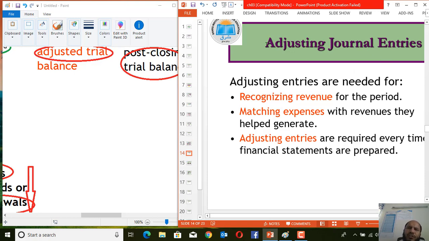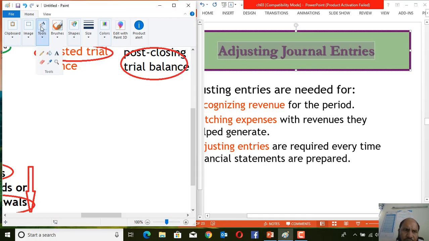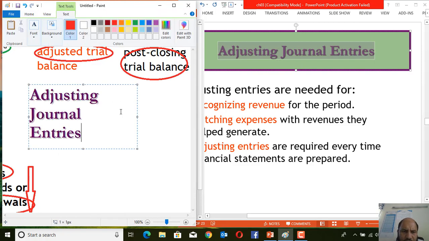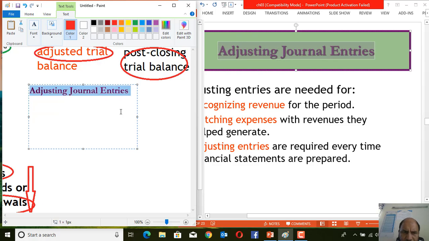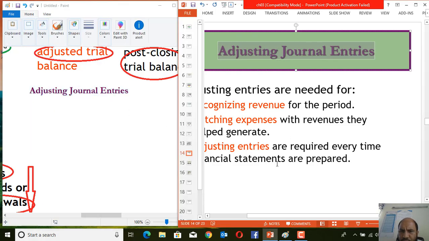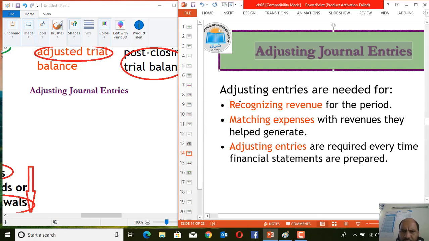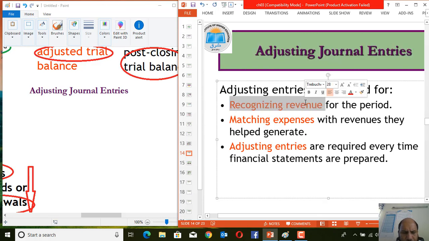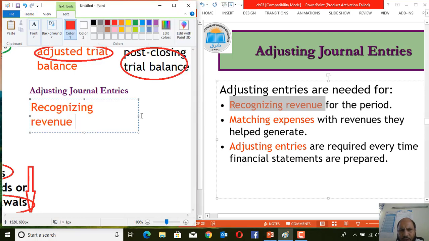Okay, so dear students, how can we do the adjusting journal entries? What are the steps? What are the adjusting journal entries? How can we explain it? Let's see, dear students, we will use the adjusting journal entries for three purposes. First of all, we should recognize the revenue. This is our first step,